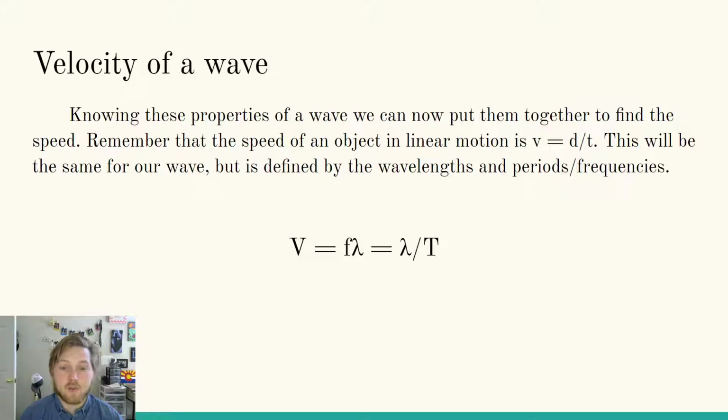So I can either do frequency times lambda, which is the wavelength. That's the symbol for wavelength. It's a Greek symbol. If it's frequency, it's oscillations per second, so seconds down below, and then with lambda, we have a distance on top, meters per second. Or we can do wavelength divided by period. So this is your one main equation that we'll be using for this unit right now.